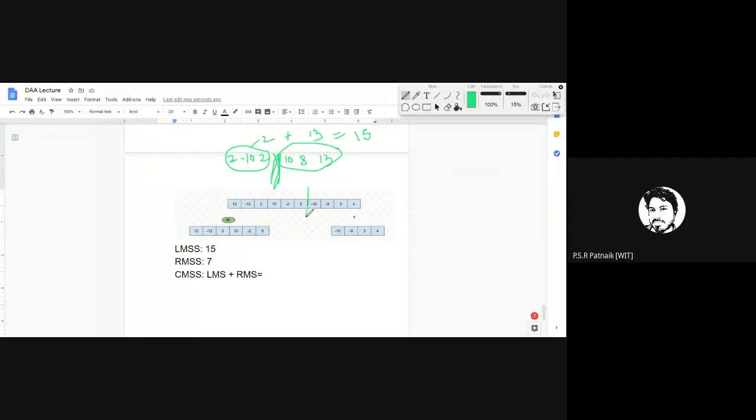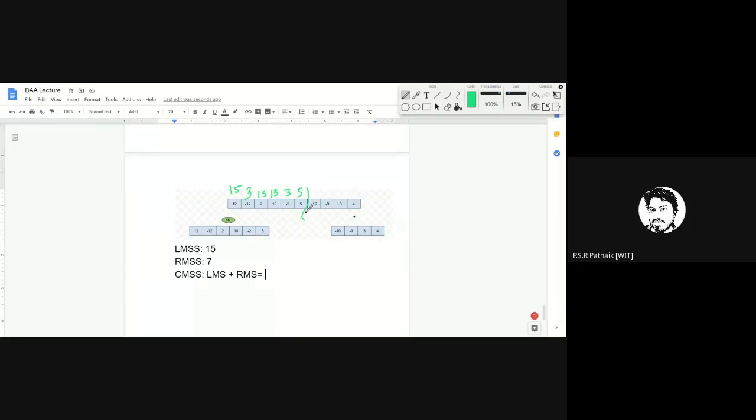So this is your mid. What is the sum here? 5. And what will be the sum here? 3. It is 5 plus minus 2, so it is 3 plus 10. What is it? 13. 13 plus 2. What is 13 plus 2? 15. 15 minus 12, so it is 3. So here, if you further solve this, you will get an answer for that.